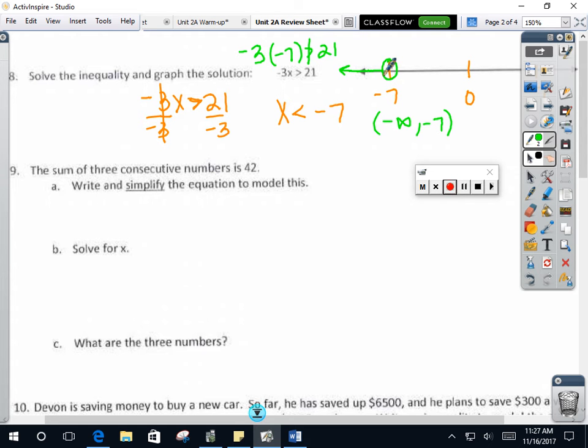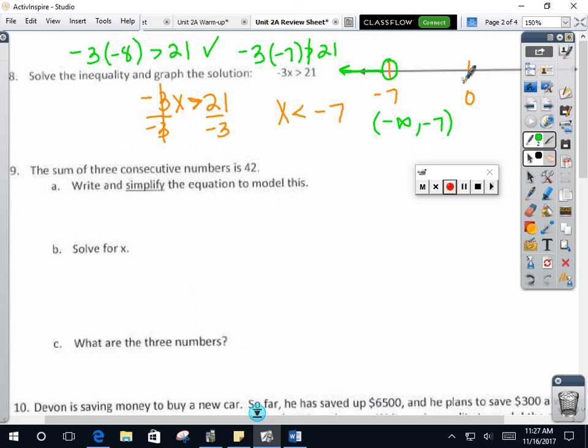All the solutions that will work are less than negative 7, like negative 8, negative 9, and so on. Think about it. If you plug in a number like negative 8, what is negative 3 times negative 8? Positive 24. Is positive 24 greater than 21? Yes. So numbers like negative 8, negative 9, negative 10, all the way to negative infinity, when plugged in, will make true statements. Negative 7 and anything greater than it, like negative 6 and then into the positives, will not